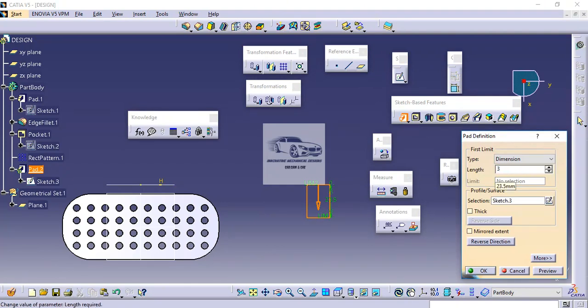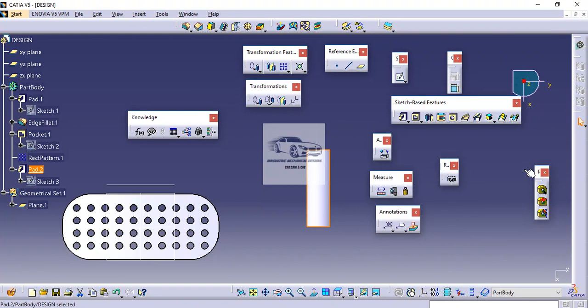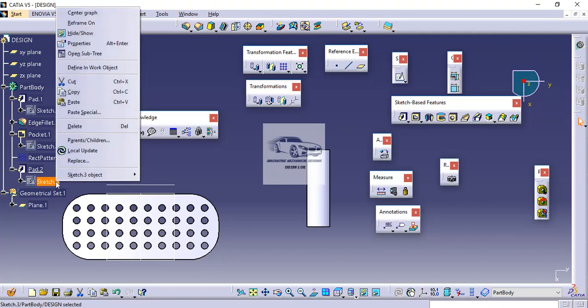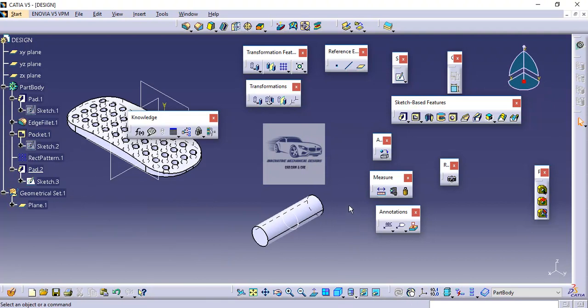So in pad, here in the front side we will give the dimension as 30, and in the other side we will mention the limit as 25. So in this manner we get the cylinder. We will unhide the sketch of this particular pad because later on we have to make use of it.